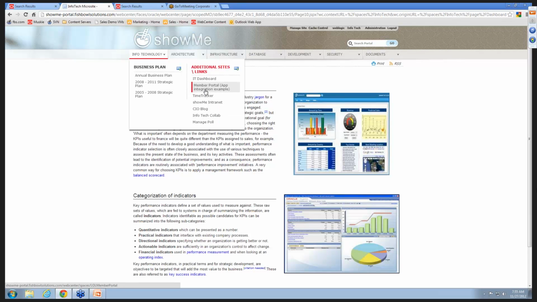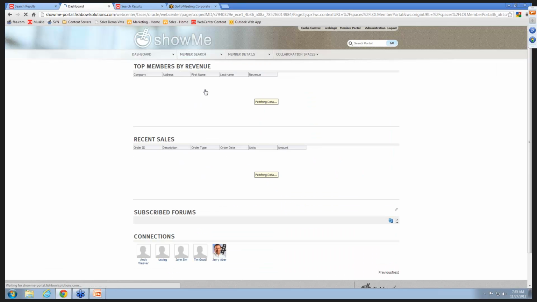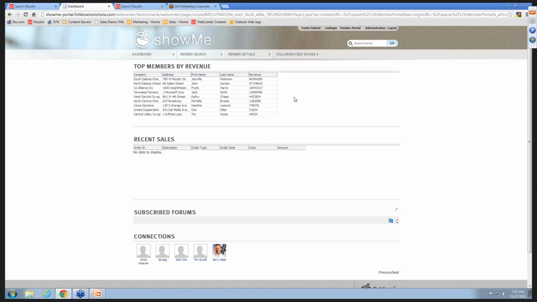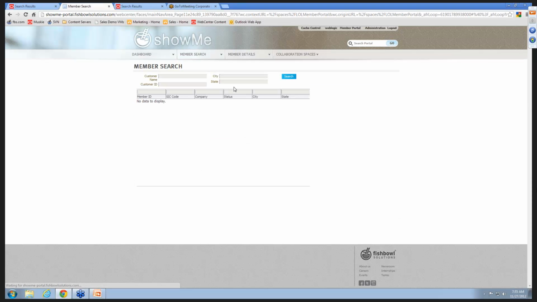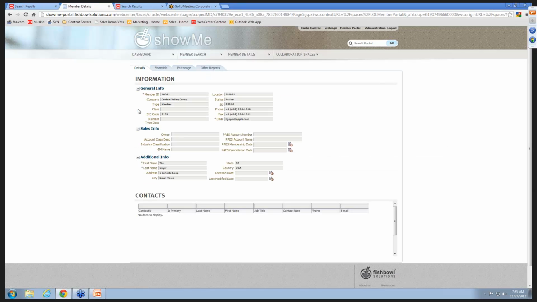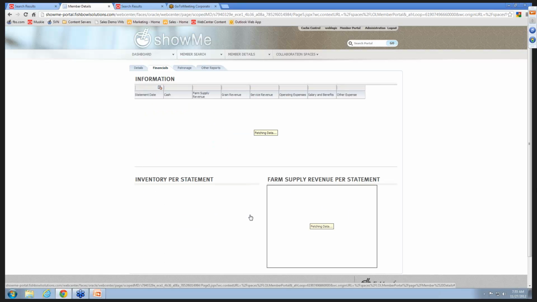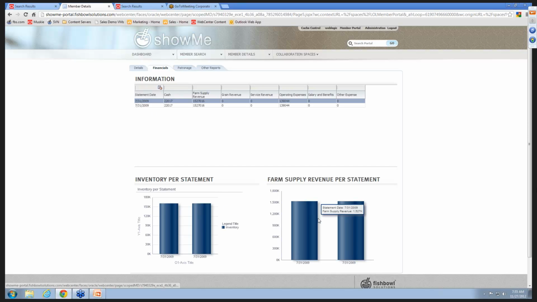I also have a capability to jump over, another link allows me to jump over to an ADF-based forms and ADF business component site that is, again, a different nav structure, but allows me to do more ADF-type work and interact with the site as I would in terms of some application that I might have built. This happens to be a member portal, which provides me information about this member, some financials, some ADF business components, show me some charts, and then I can navigate back